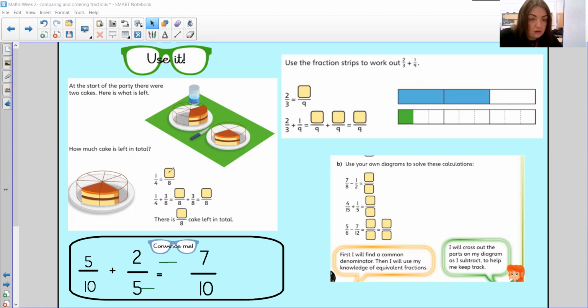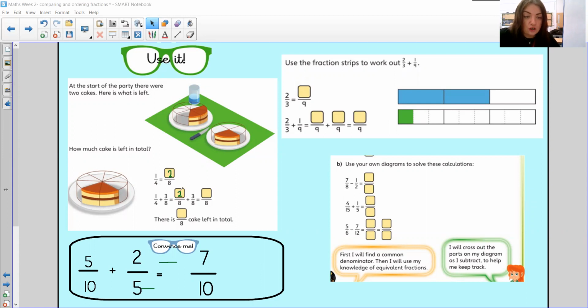And so I still need 2 times as many of those pieces to get the same amount of cake. So I've got my 2/8 now. So my first number sentence was 1/4 plus 3/8. But now the 3/8 can stay as 8ths, but I've converted that quarter into 2/8 now. So now I've got the same denominator, which is 8ths, which is good for me, so I can add them